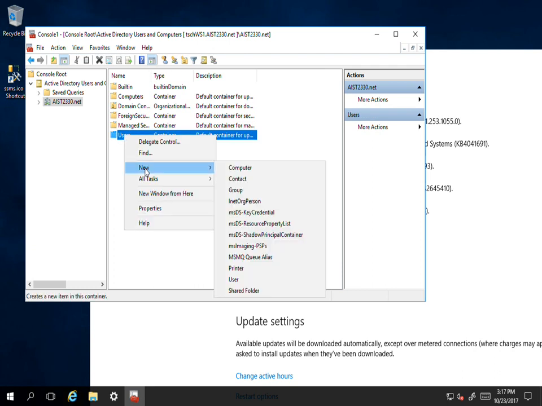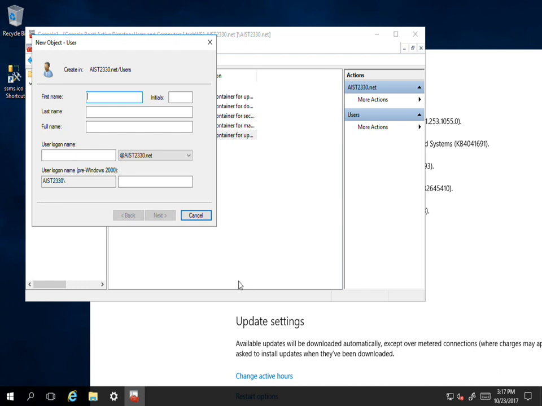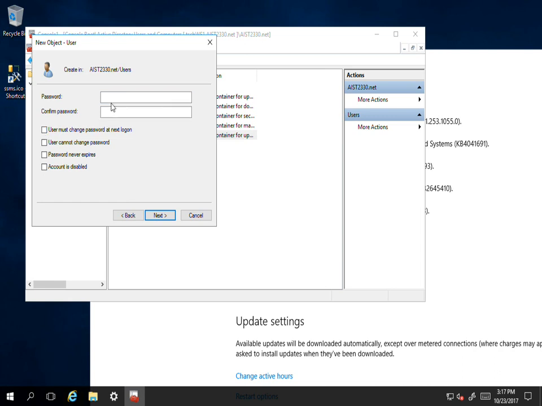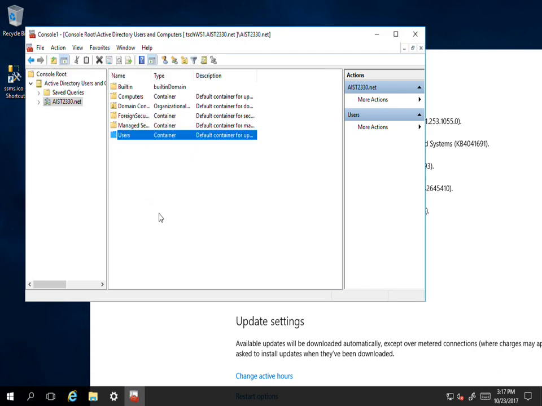I've right-clicked and chosen New, and I'm going to make a new user. You've done this a lot, so we've done it with code. Here we're doing it using the GUI. This person's probably never going to log on. Depends if we updated our group policies, and a lot of us did. All right, so adding a user is no great big thing,